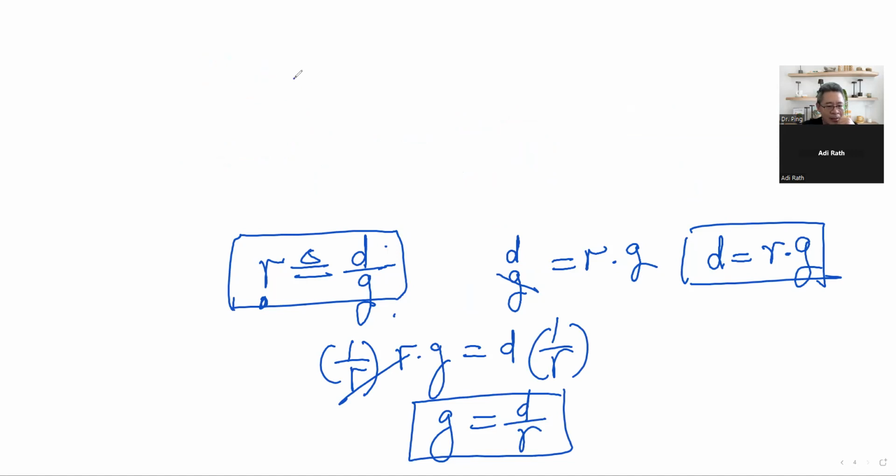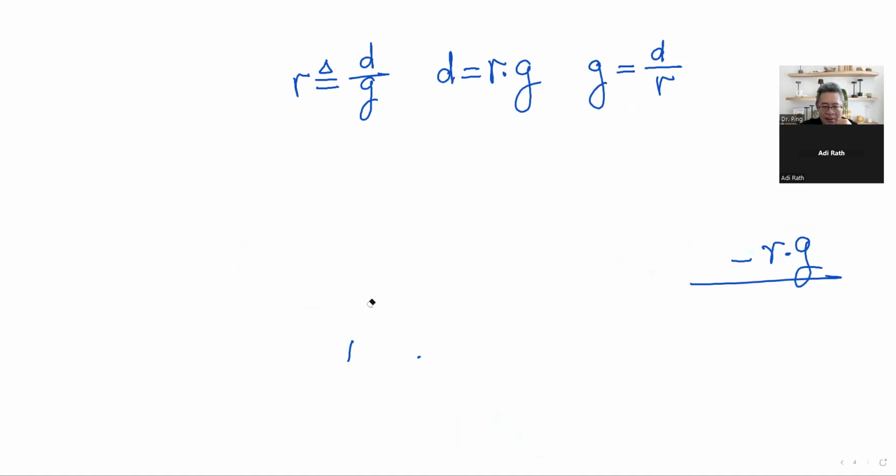We've got R, which is defined as distance over gallon. And we know the distance is the rate times gallon. And we know the number of gallons we need is the distance divided by the rate. Okay. So now